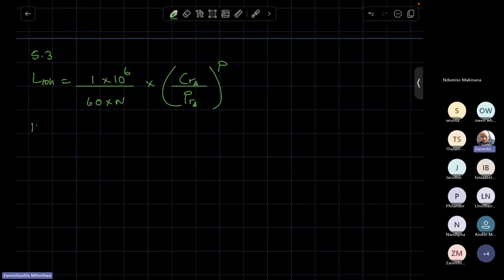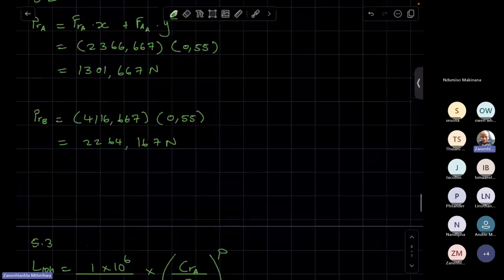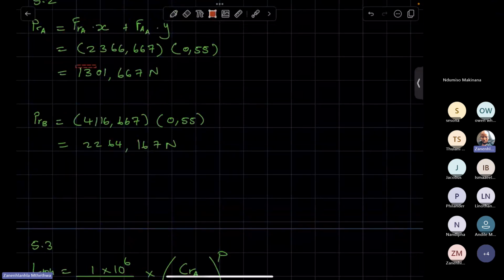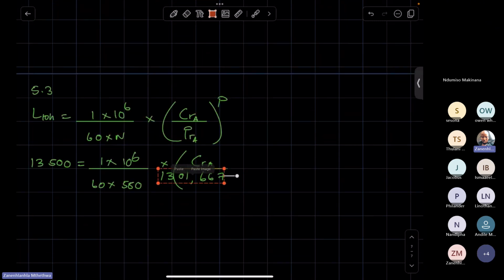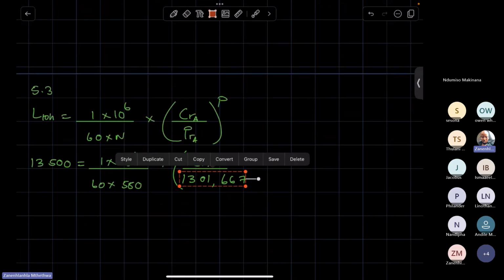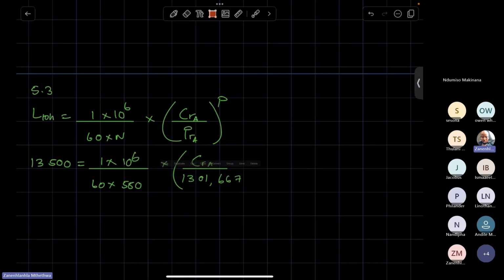So we have 13,500 equal to 1 times 10 to the 6 divided by 60 times N, which is 580 revs per minute, times CR for bearing A divided by PR for bearing A, which was equal to this here. So substituting that,